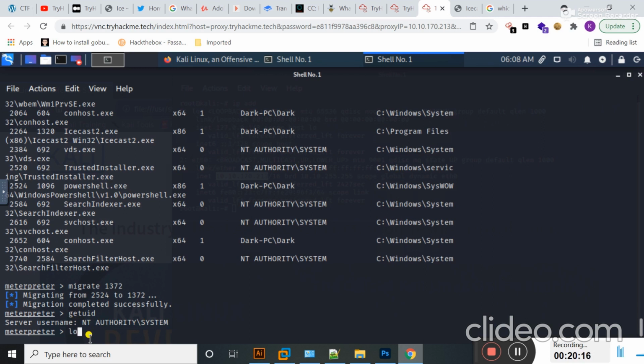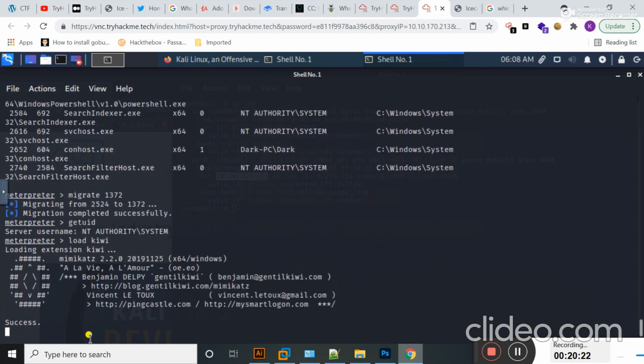If I type here load kiwi and hit enter, it will actually load Mimikatz. Mimikatz is basically used to find passwords, to gain passwords.